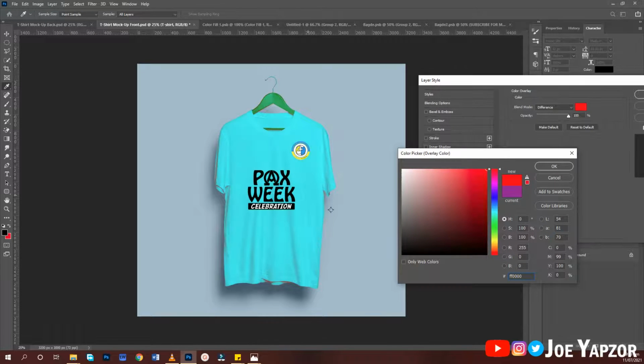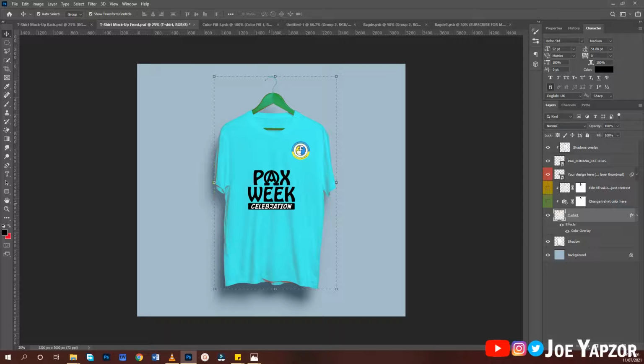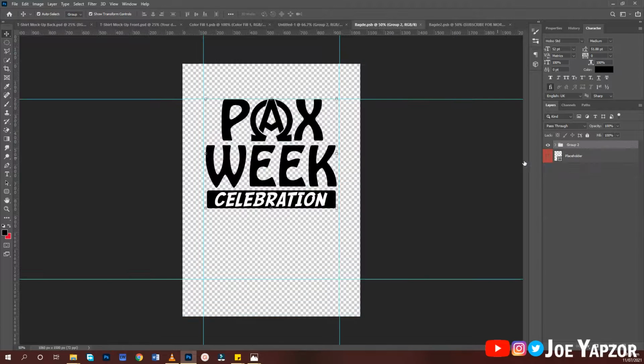So this is the color I use. That's the difference of red that gives you blue here. But a mistake I did was this. You realize that the celebration, there's white there, and with a t-shirt design that is not good to be there. So when you come here, change this to layer,